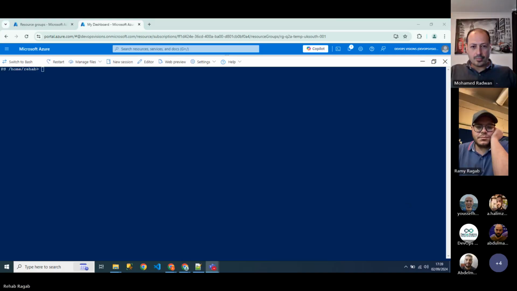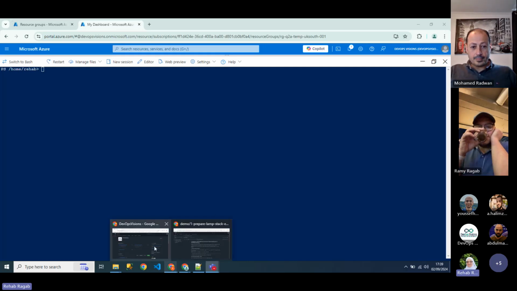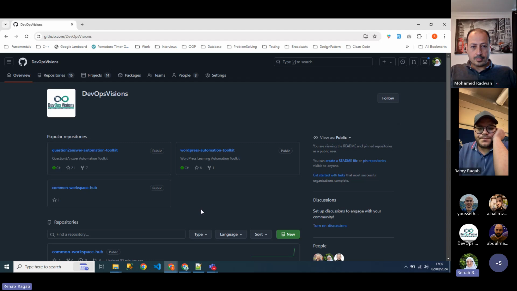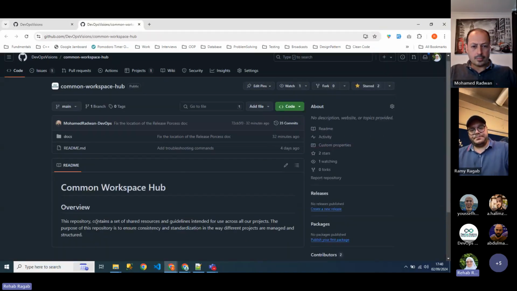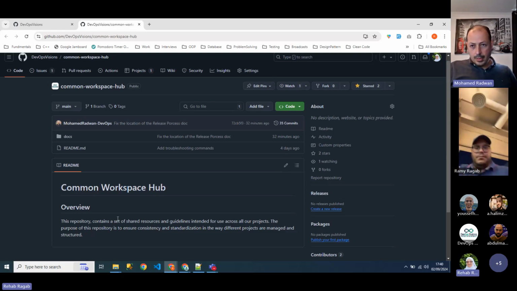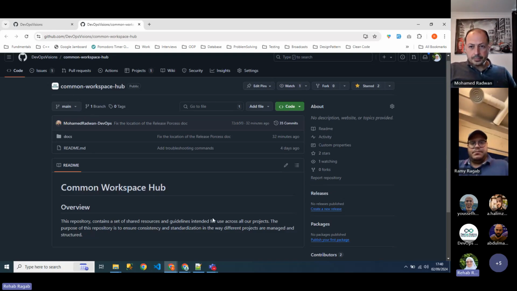So here, before starting with our demos, let's navigate to our repos. We have 3 repos here. The first one for question to answer and WordPress, and the third is a common workspace hub. This repo, common workspace hub, is a container for the shared resources and the common guidelines, and